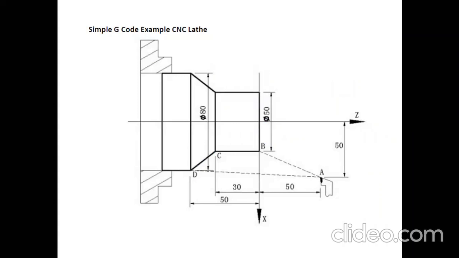So we have already discussed the x-axis and z-axis of a CNC turning program. The z-axis is horizontal. When we are moving to the right-hand side of the z-axis, it is indicated by a positive sign, and when it is moving to the left-hand side, then it is represented by negative, from the origin of your work position. The x-axis is represented vertically. So in the upward direction, x-axis parameters are positive, and in the downward direction, x-axis parameters are negative. So we have to move this tool from position A to B, B to C, C to D to write the program.